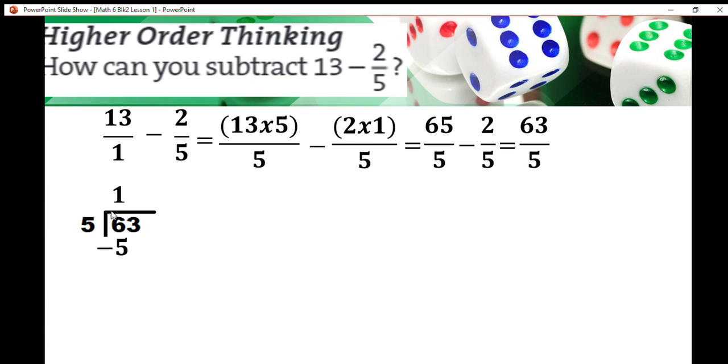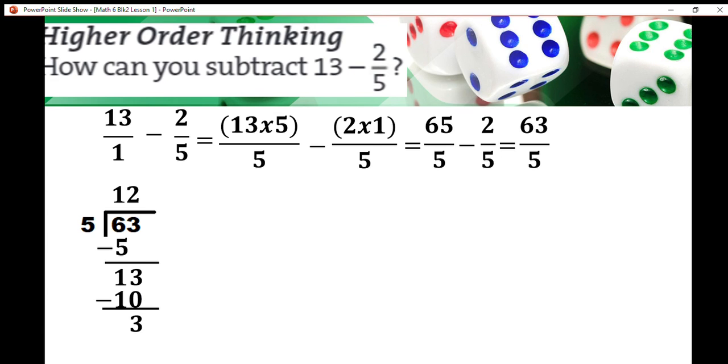So we subtract 6 minus 5, that is 1. 5 divided by 5 cannot be, so we bring down 3. So 13 divided by 5 is 2. 2 times 5 is 10. So we need to subtract. So the answer is